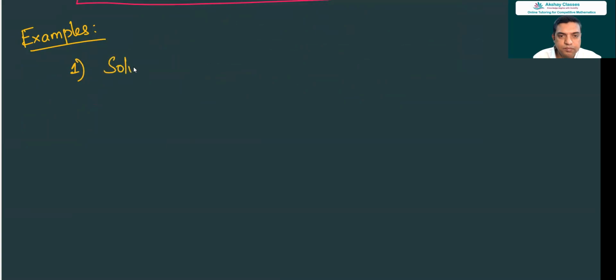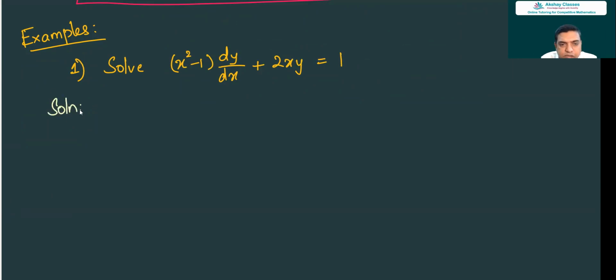Solve (x² − 1) dy/dx + 2xy = 1. So here, the solution: of course, this is not in homogeneous form, nor is it in variable separable form. So now if you observe this, I can write this as,